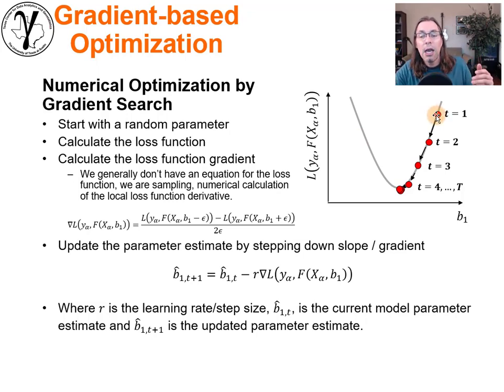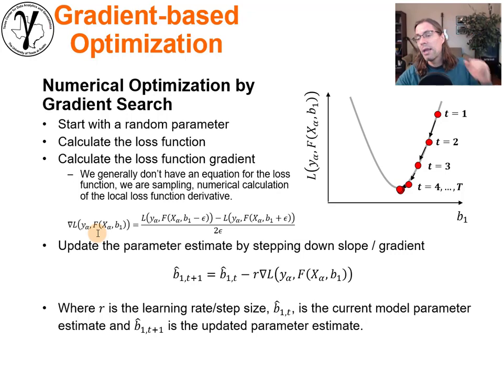Then we need to calculate the loss function gradient. You want to know what the slope is locally for that selection of a parameter at T1. Now, remember, we don't have an analytical solution to the loss function, so we typically won't be able to solve a derivative to get the slope. What we're going to do is numerical differentiation. We'll calculate the derivative by using an epsilon offset down and up along that one model parameter. And right here, this will give us the derivative, whether it's this way positive